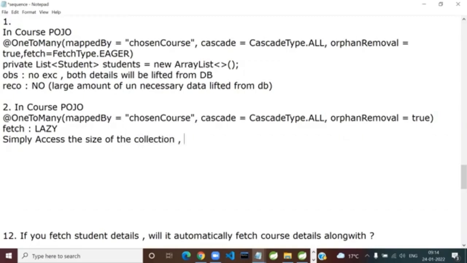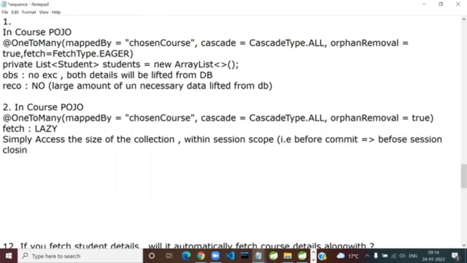Within the session scope or outside the session scope? Before commit or after commit? Before or after? Within is right, before commit, of course. So within the session scope, that is before commit, that is implying before session closing.